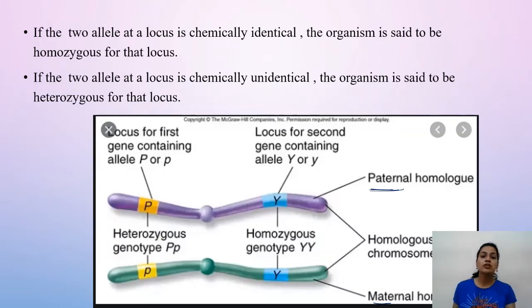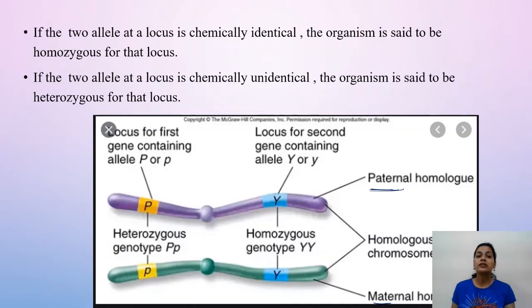Now, just now in the previous slide, we were studying about the alleles. So these are the genes. Consider this first gene. This blue is a particular gene, and we know these are homologous chromosomes. That's why this blue gene will be present on the other chromosome at the same locus. At the same locus it will be present on both. But the alleles of these two genes can be different or can be the same.